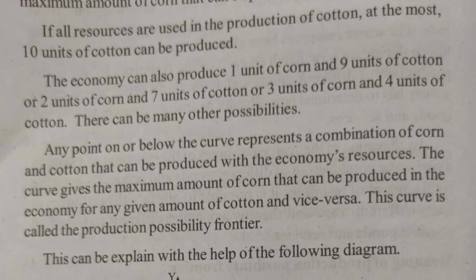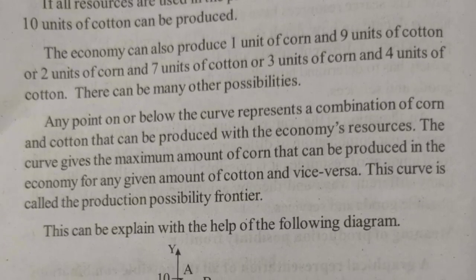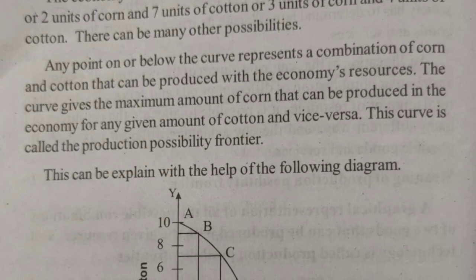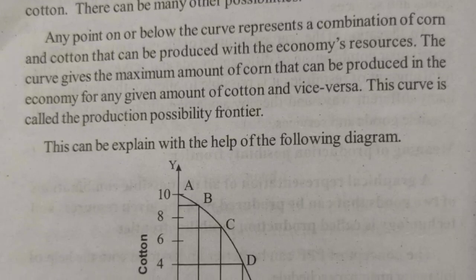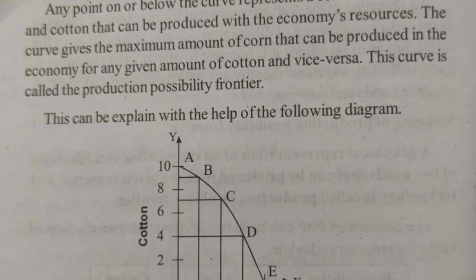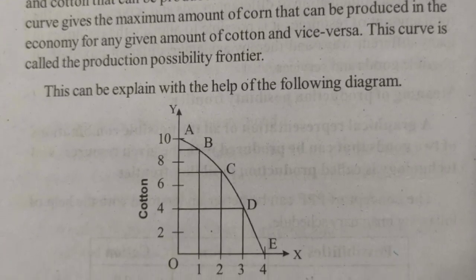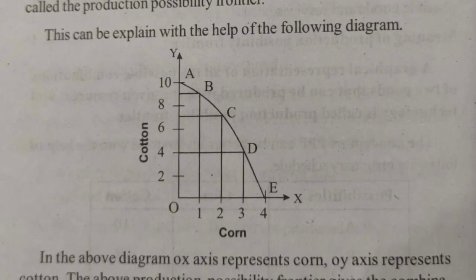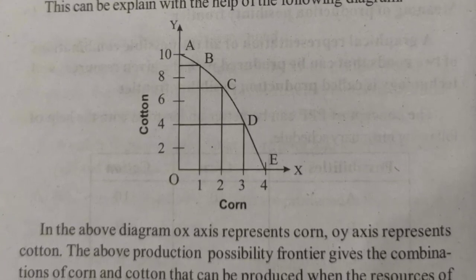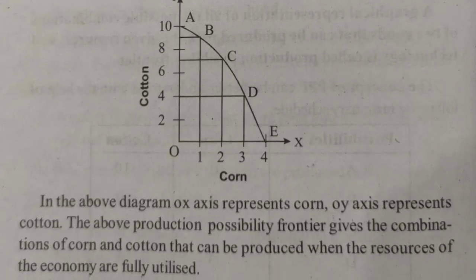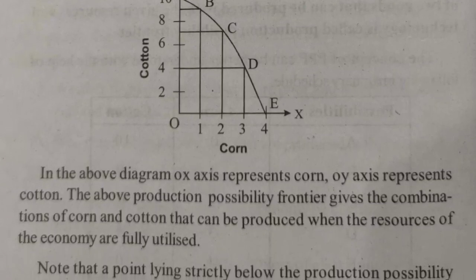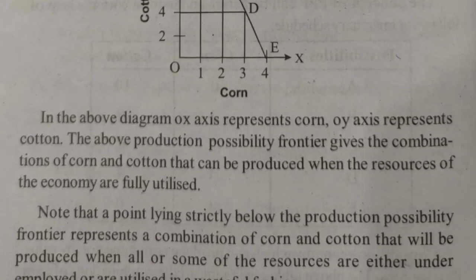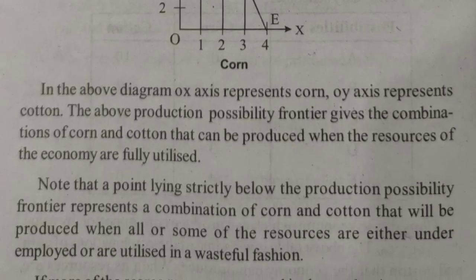So this can be known very well by the graphical representation also. If you are using more resources in production of A, you will not have them for B. If you are using them in B, A will not have. So let us be in the middle. This is known as the opportunity cost of an additional unit of the good. If you are using one, then the other is forgone. If you are using this, the other is forgone. So this is known as opportunity cost.